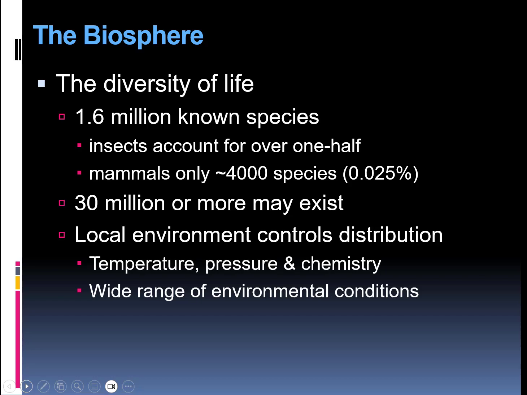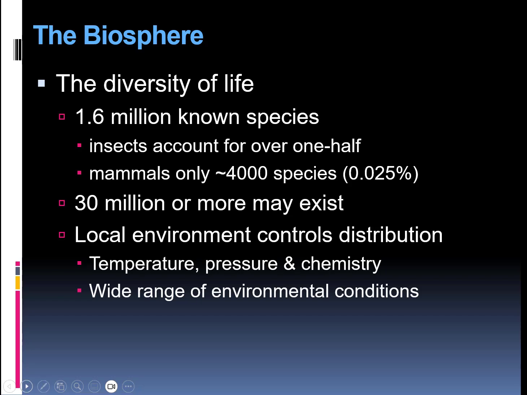Most of them are probably microorganisms, because we cannot really see them well. The local environments control their distribution, depending on the temperature, the pressure, and the chemistry of the environment. We know that there is a wide range of environmental conditions in which different animals and plants will live, and